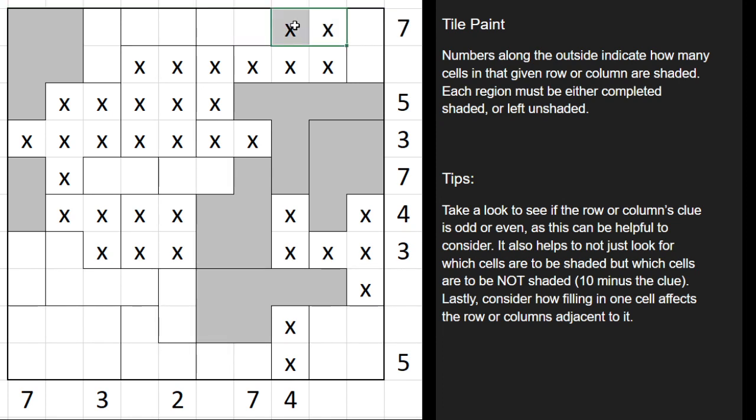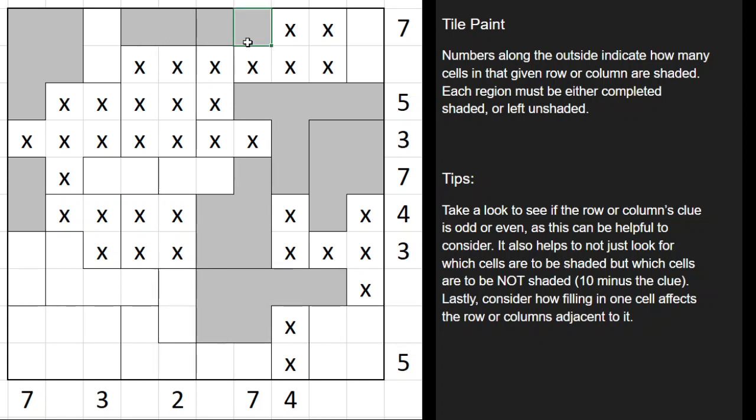We already have 2, so we can't have any regions more than 1 wide be left unshaded, because if we unshade this one, we have to unshade that one, and then it's 4 unshaded. Same thing here. If we leave this unshaded, that leaves this one unshaded, making it 4. So these 2 cell wide regions have to be shaded in, otherwise they break the unshaded rule. So those are all shaded in,